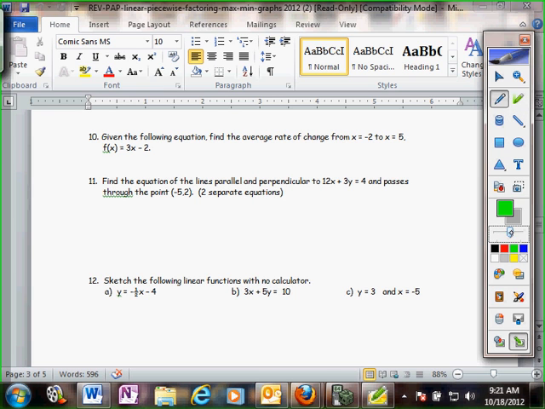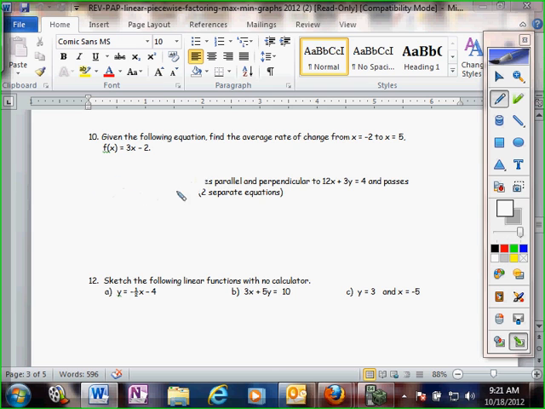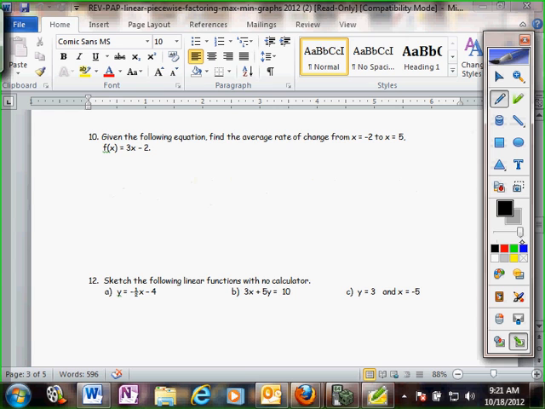And let me create a little bit of room here. When you look at that note card, I believe it was the linear functions. I think it was note card 18. If you look at that note card, you'll see that the average rate of change,